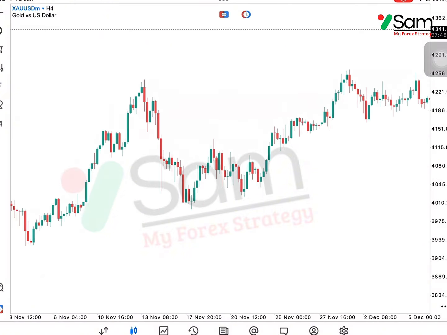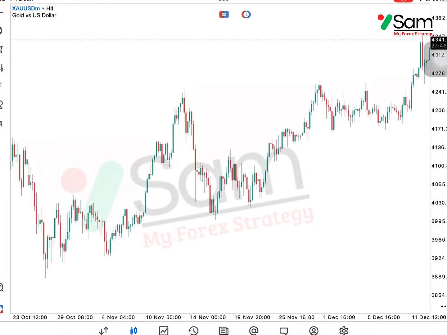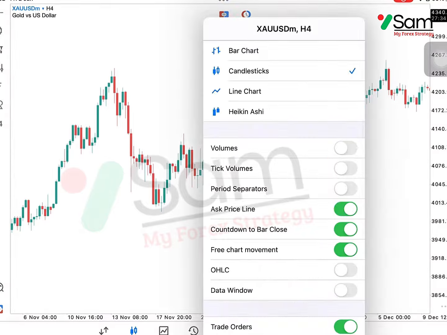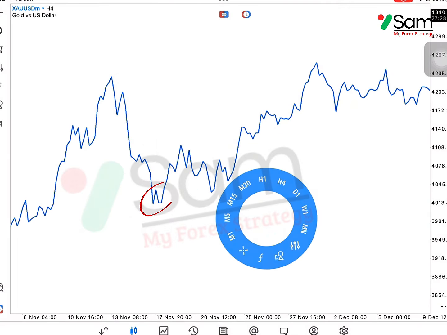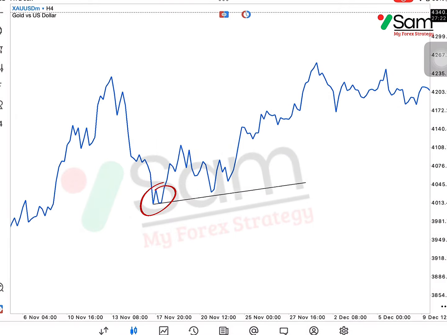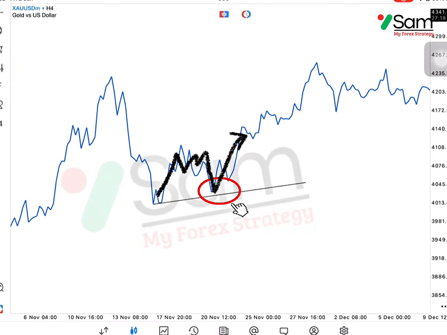For example, on the H4 time frame, we already have two supports formed. Then we draw a trend line from those supports. Our initial assumption is that the market will react or reject at this trend line area. From a market structure perspective, this makes sense. However, we should never enter blindly. That's why we need additional supporting factors to confirm that this trend line area is valid for an entry.